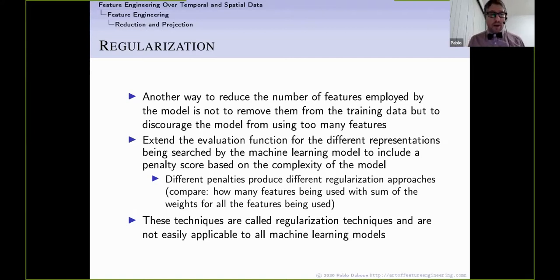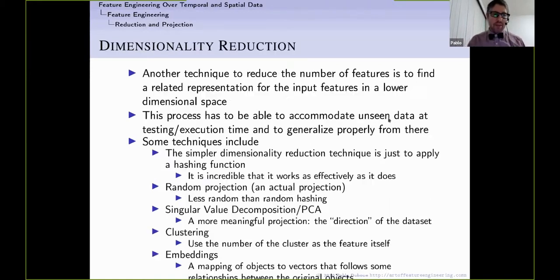If you don't regularize it, it doesn't learn well. And there are different penalties that you can use to say how big the parameter space has to be, how the size is defined. Yes, you can define the size as a linear combination or as a square of the number of parameters, and techniques like that. The other thing that is very, very popular when we think of feature engineering is dimensionality